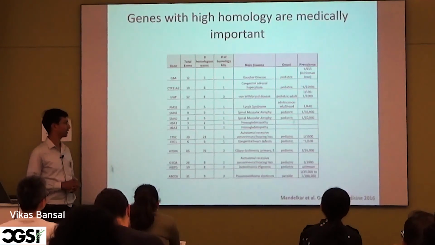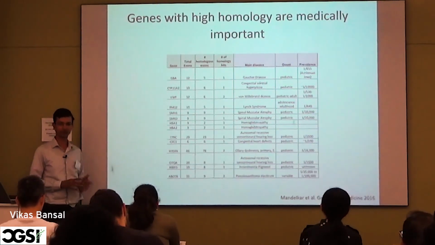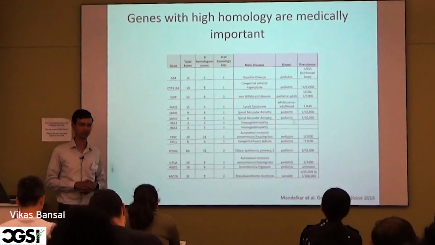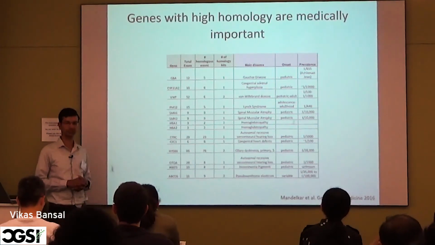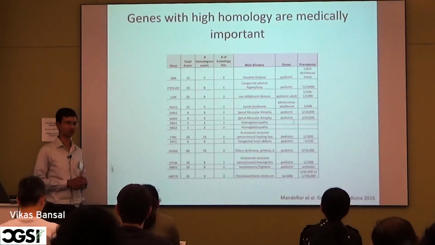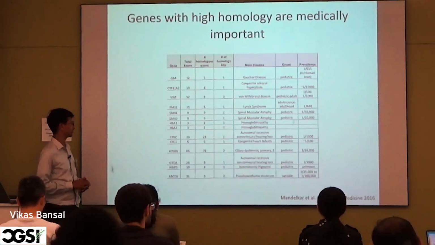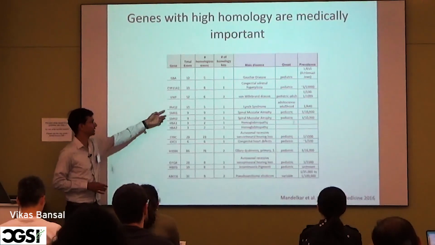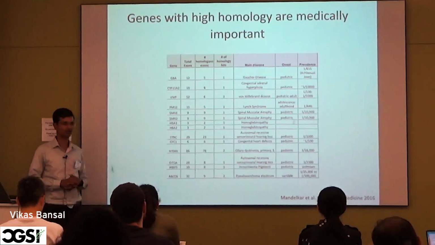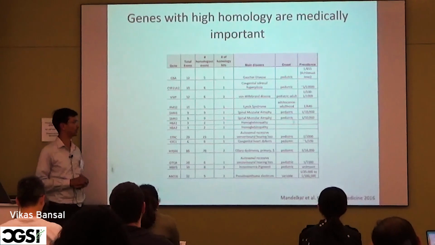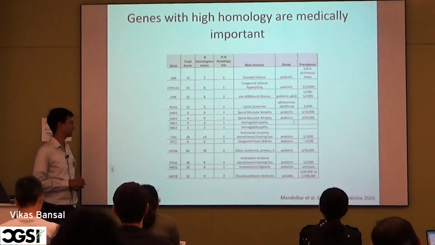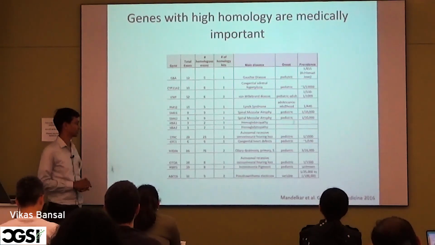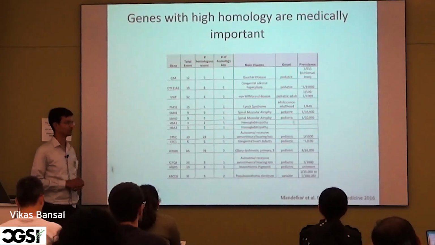Roughly 193 of those 2,000 genes have some association with human disease, and about 85 of them have association with Mendelian disorders. You can see some examples: PMS2 here is associated with a germline cancer syndrome called Lynch syndrome. And there are many other genes associated with both childhood diseases as well as